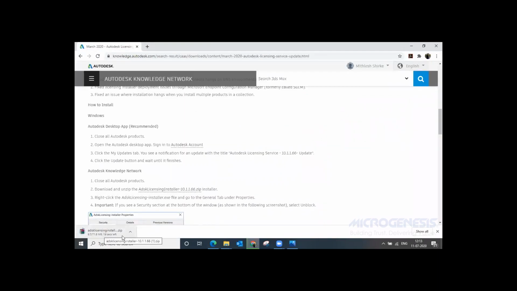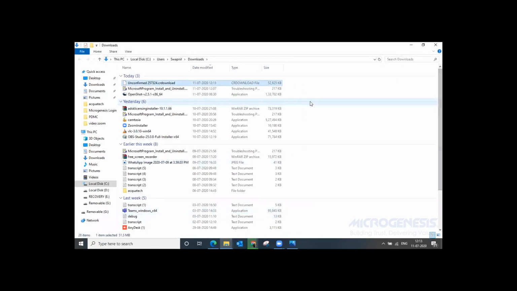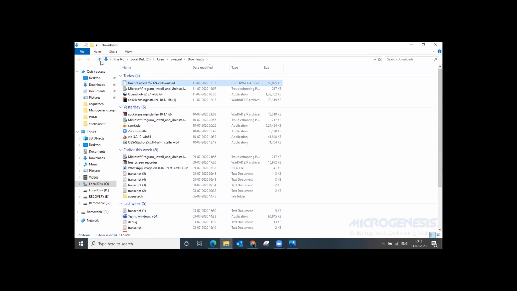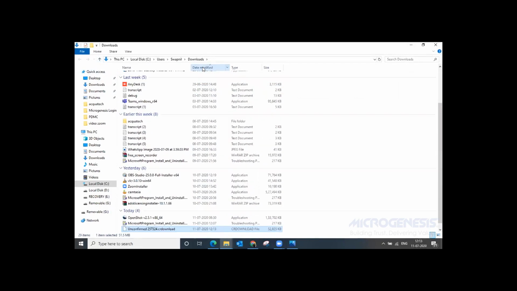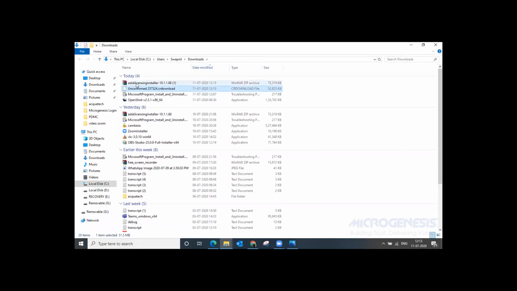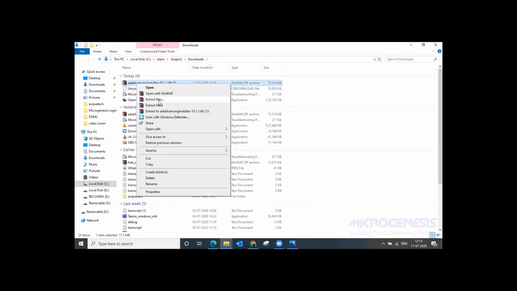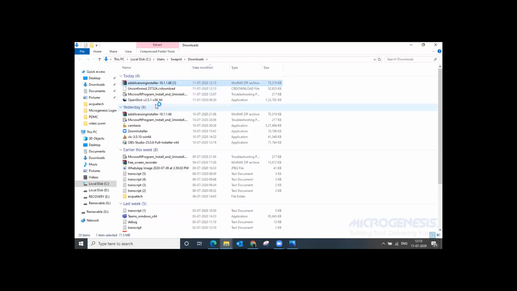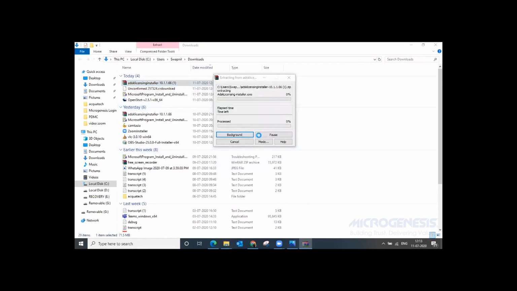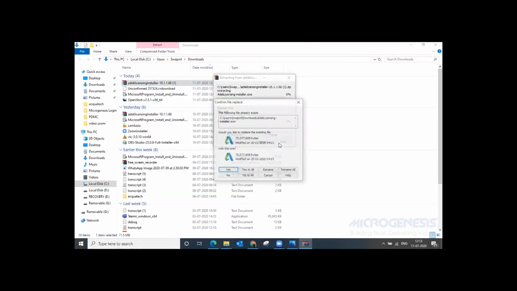It will download the zip folder of Autodesk License Service. So here the Autodesk License Service folder has been downloaded. Then we need to extract that Autodesk license installer zip folder.